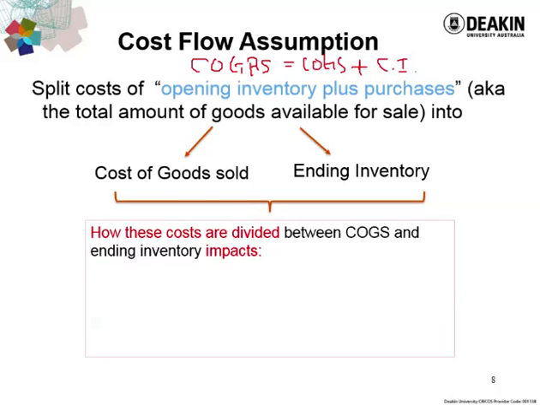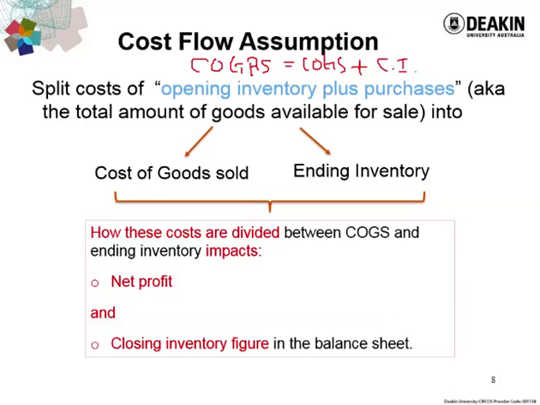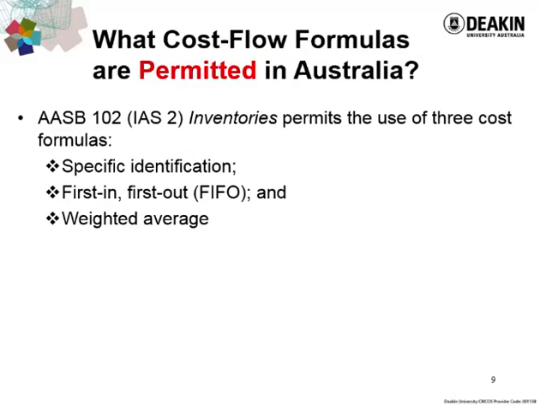And the way we determine cost of goods sold will affect net profit because cost of goods sold is an expense. And we will use revenue minus expense to calculate the net profit. The closing inventory will affect the total asset we report on the balance sheet. There are several cost flow assumptions including specific identification, first in first out, namely FIFO, weighted average, and last in